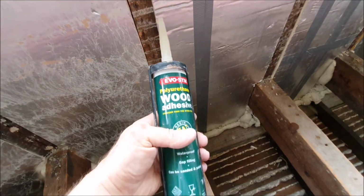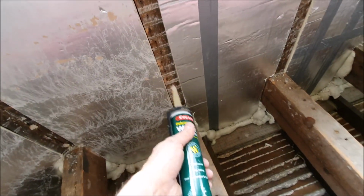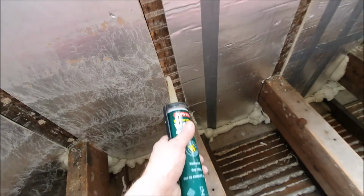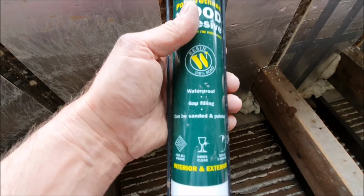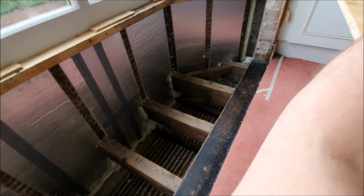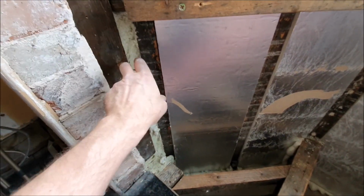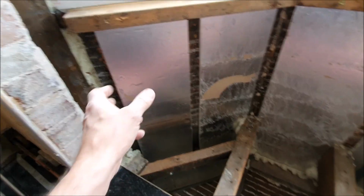this wood adhesive. It's the same sort of thing, it's polyurethane. It expands very slightly but not quite as much as the expanding foam, so I'm going to fill that in with there, and it does say gap filling and waterproof, so that'll be ideal for there. So that's just got to finish that off. The best thing about this stuff is it does set fairly quickly, within probably about an hour,